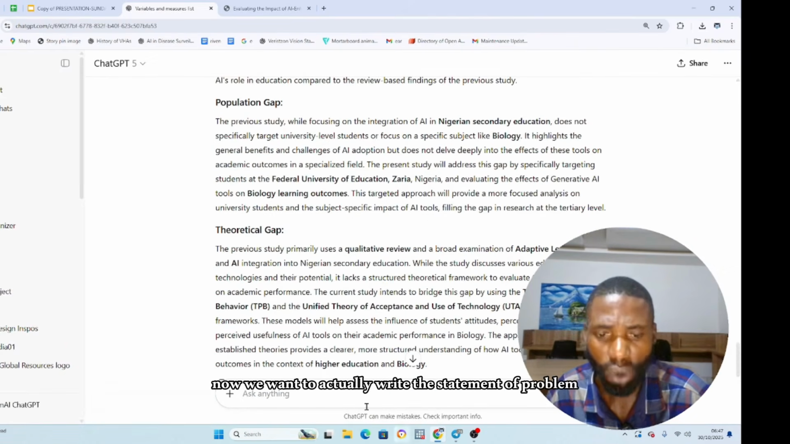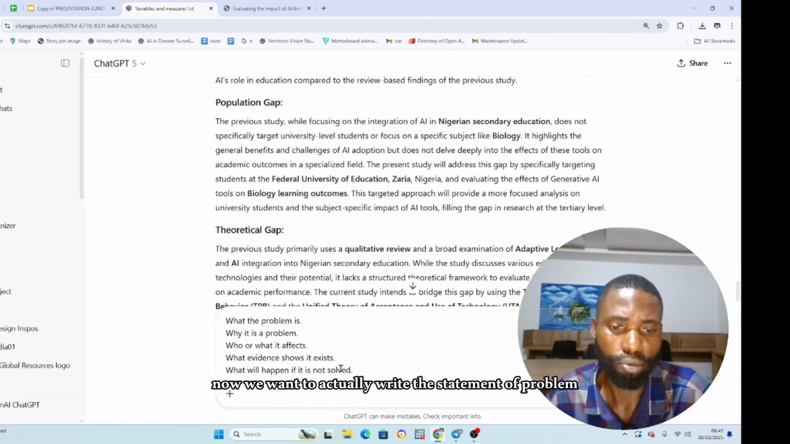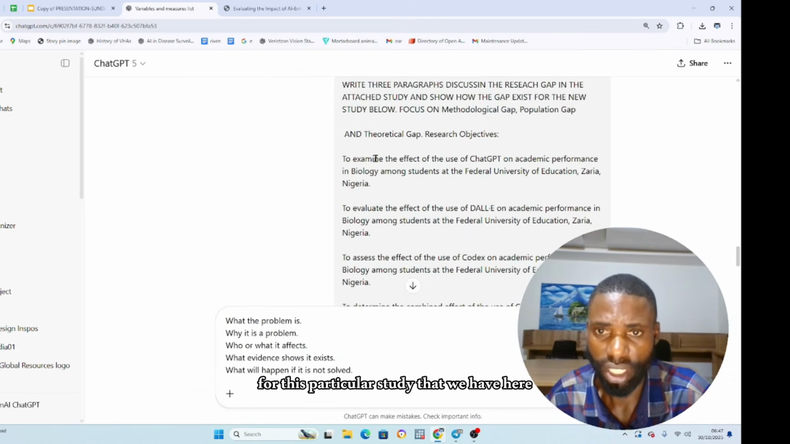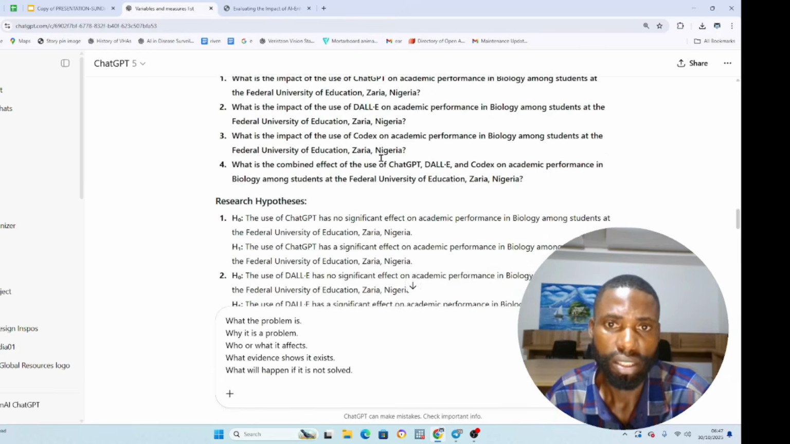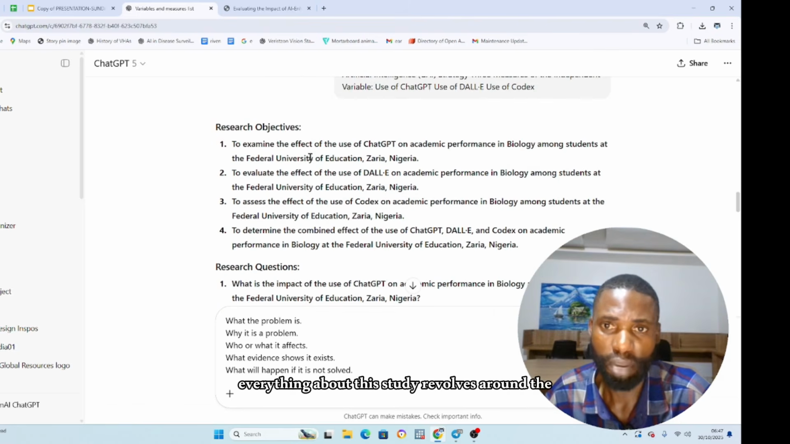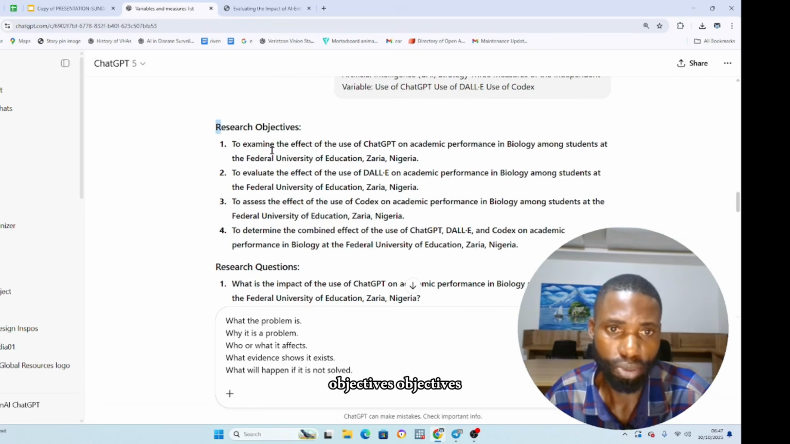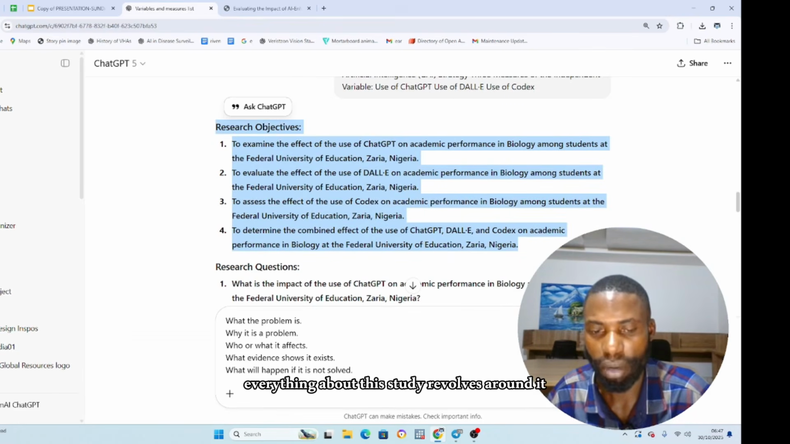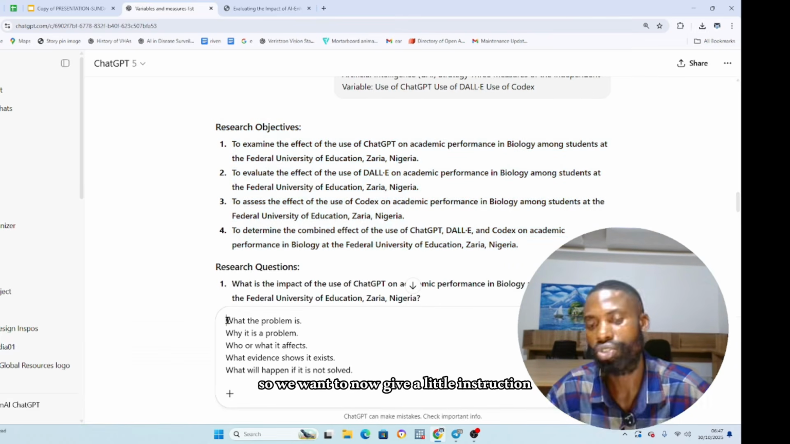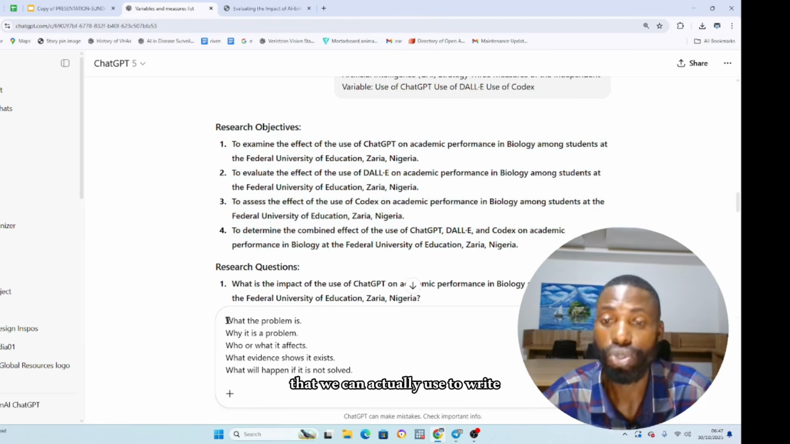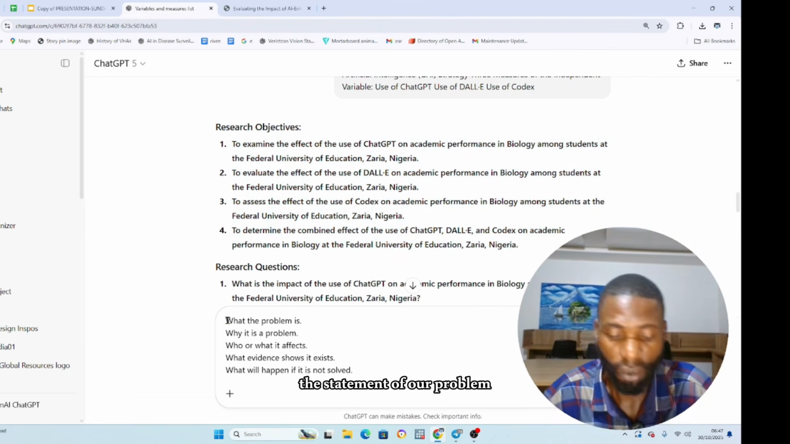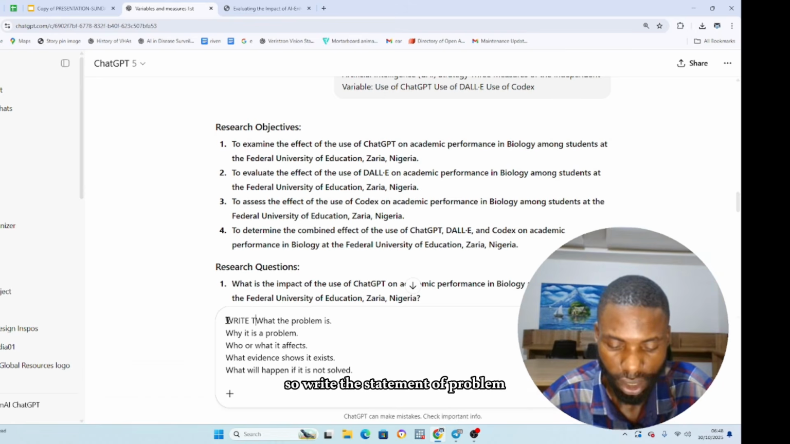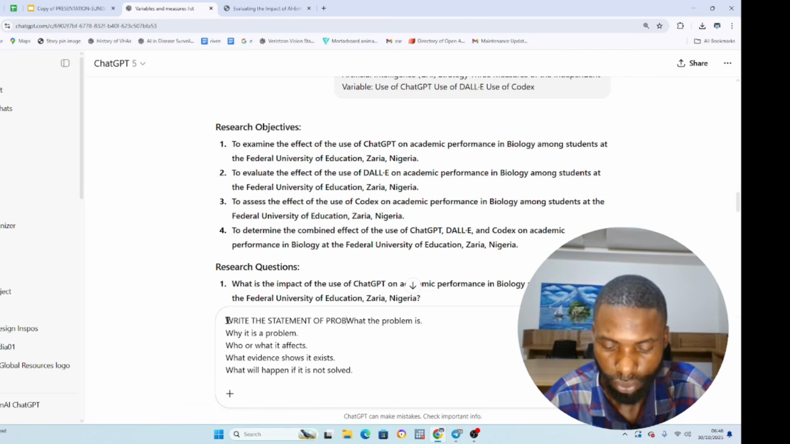So now we want to actually write the statement of problem for this particular study that we have here. Everything about this study revolves around the objectives, the questions, the hypothesis. So we want to give a little instruction that we can use to write the statement of our problem. So write the statement of problem